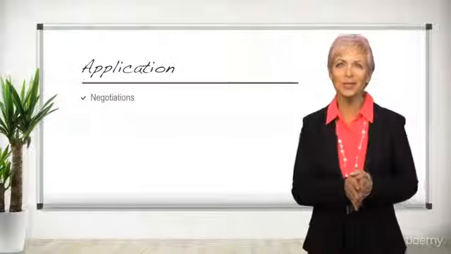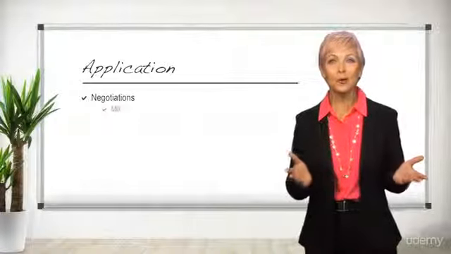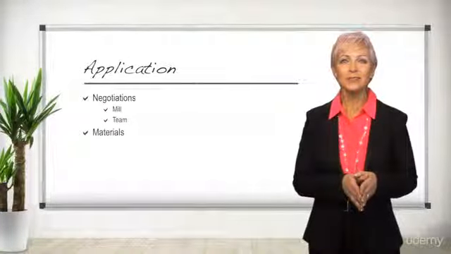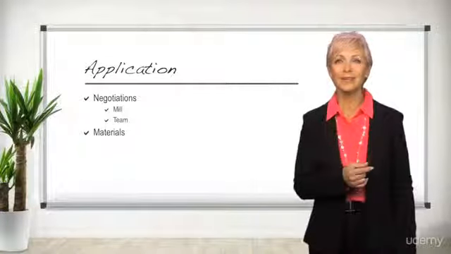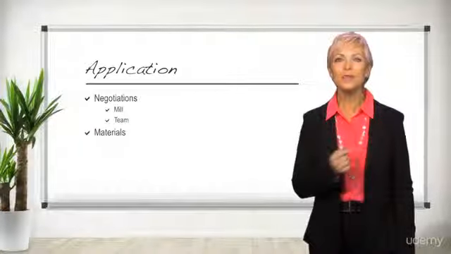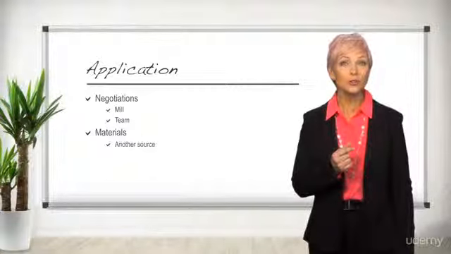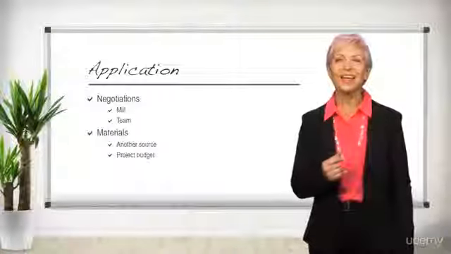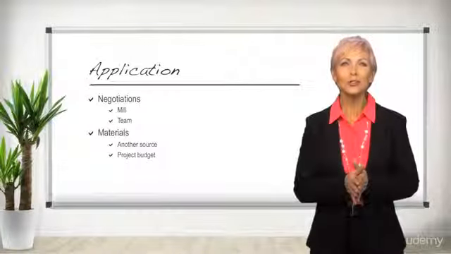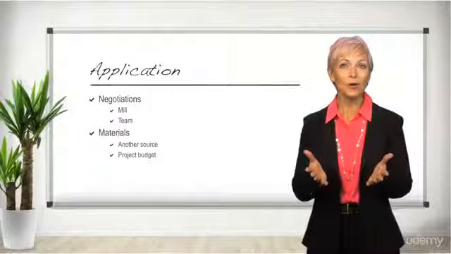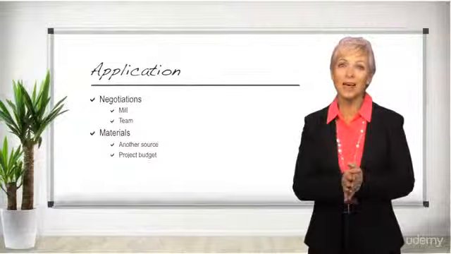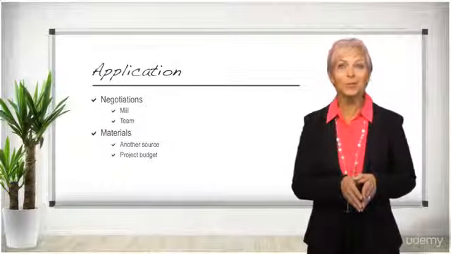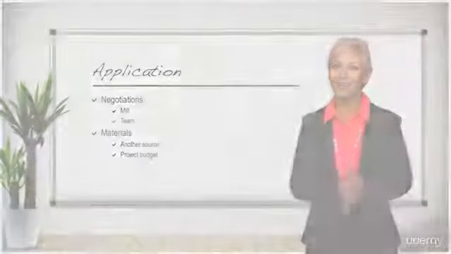Obviously, it would take some negotiations with the sponsor, the local mill, and the project team. Suppose the mill did not have enough raw materials available to meet the revised plan. You may need to compromise and bring in materials from another source, which in turn could impact the project budget. Again, it is obvious that additional human resources would be required if it were, in fact, feasible to double the size of the project within the remaining 30 days, which in turn would also impact the project budget.